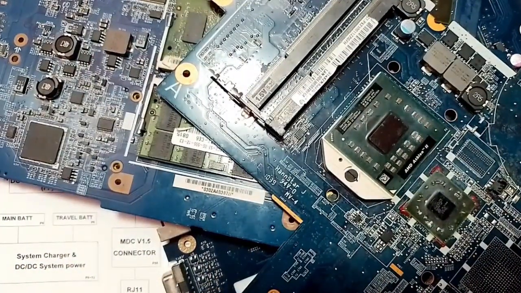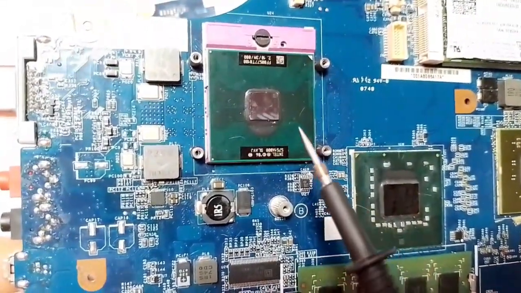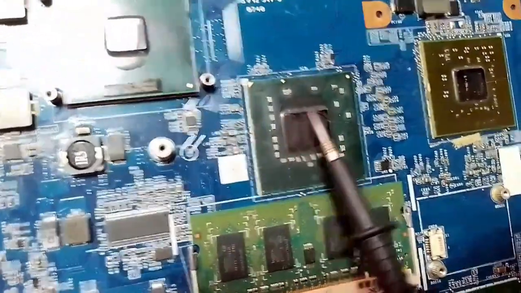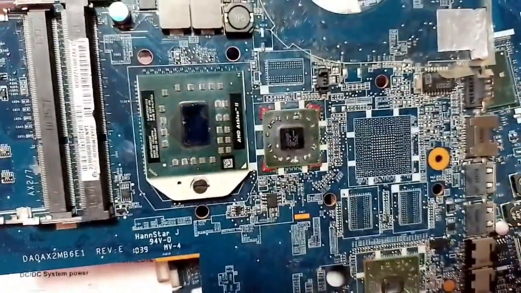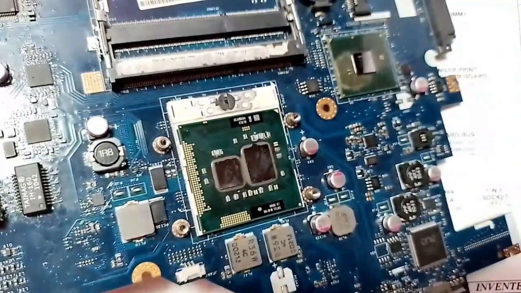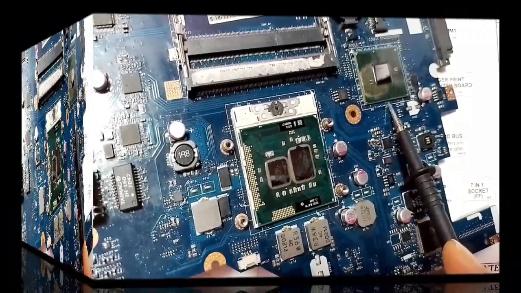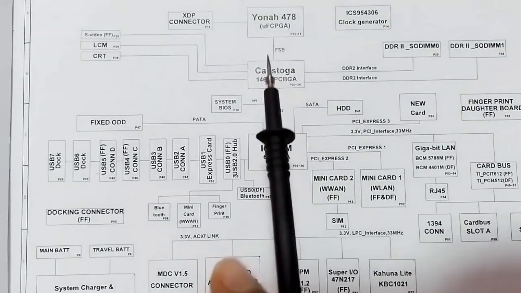Basically, these three motherboards are different from each other. If you focus here, you will see that this motherboard, for example, contains 4 chipsets. Here we have 1, 2, 3, and this is 4. For this motherboard, it contains just 3 chipsets: 1, 2, and 3. And for this one, it contains just 2 chipsets: 1, 2. So, as we have seen before in the block diagram, here basically this is